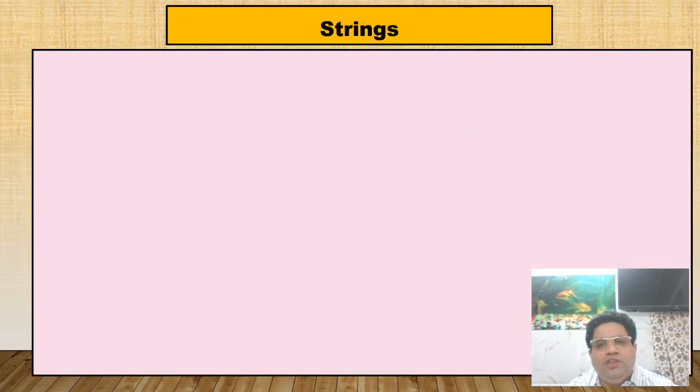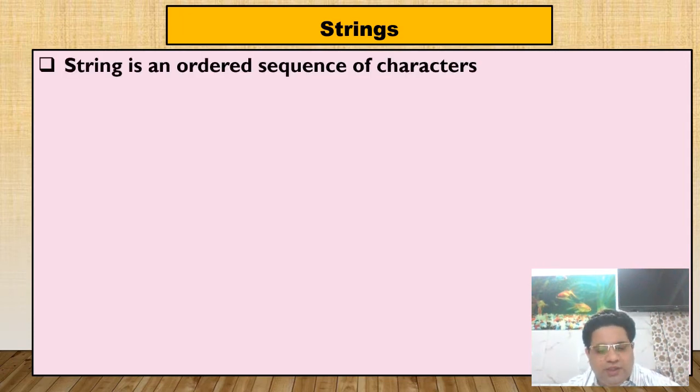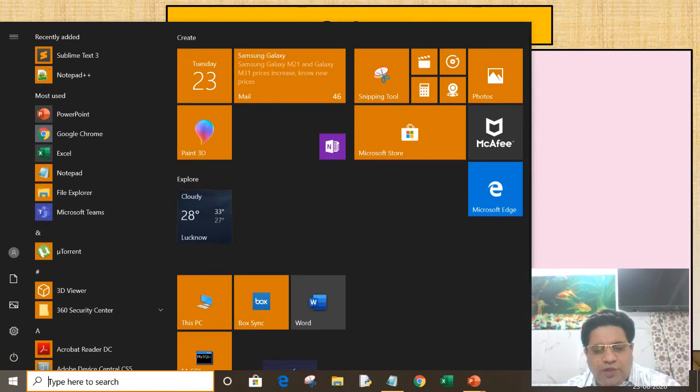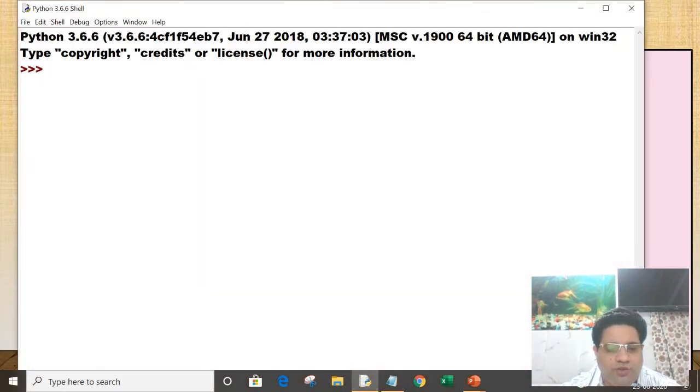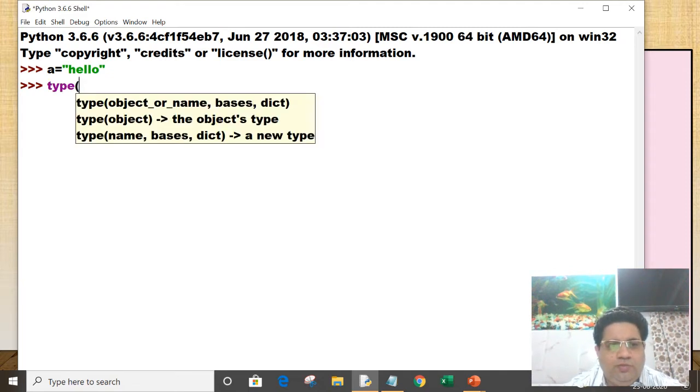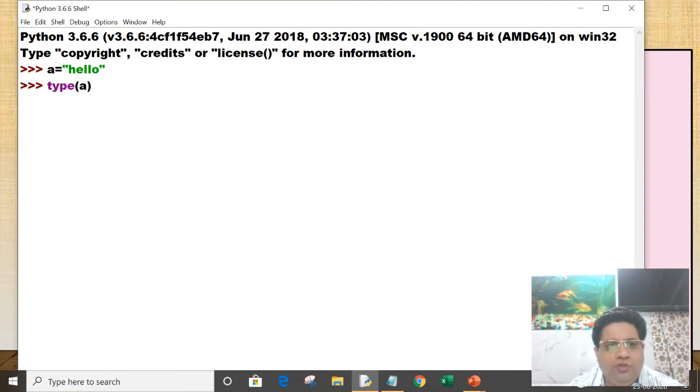Now let's start with strings. What is a string in Python? As I have told you, if I open IDLE and you are storing any value within double quotes or single quotes, it is known as a string. Now if I print the data type of this a, you will find that it is printing class str.